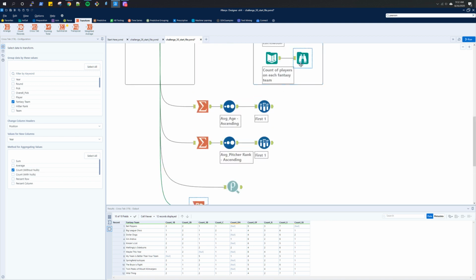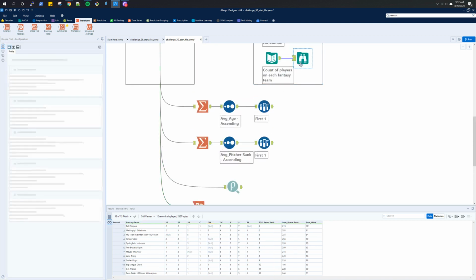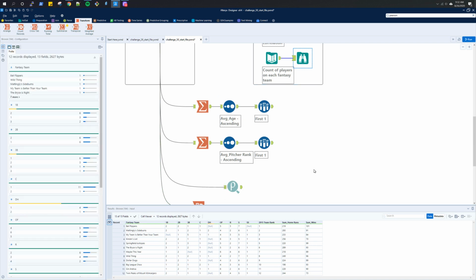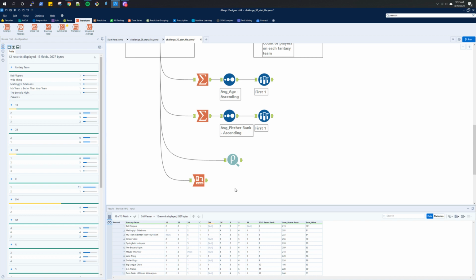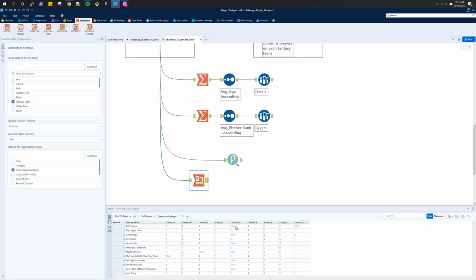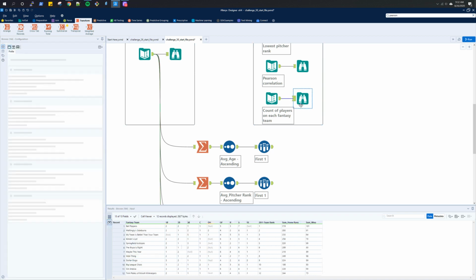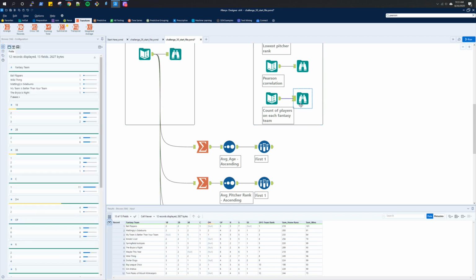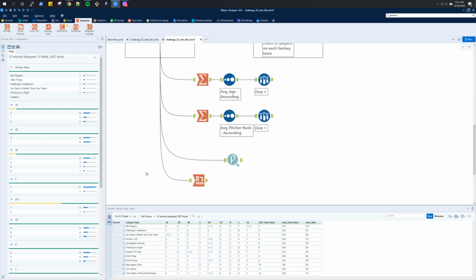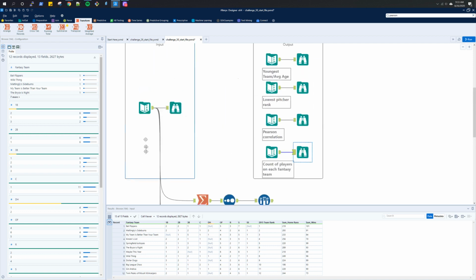So here I'm able to get the Big Bat Flippers, 2211. So I think I can get this. And the second one I want another, if I summarize by the fantasy team, home runs and wins. Okay, so let's do